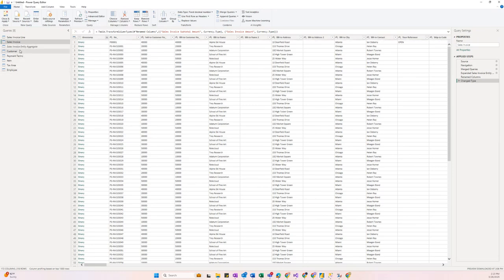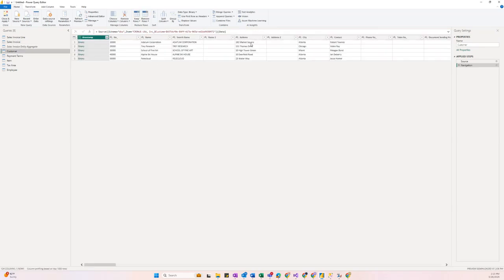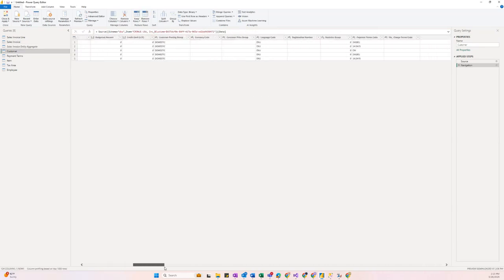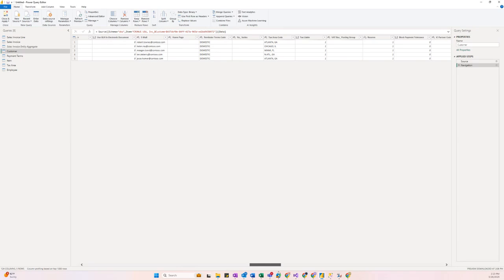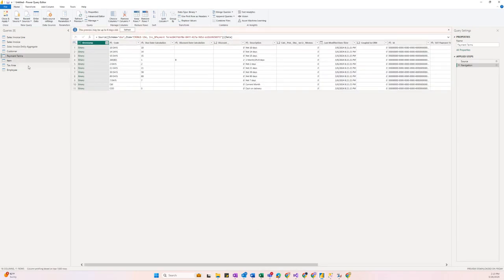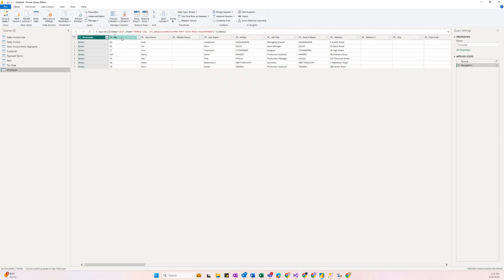So I'm going to then go to customer. I'm liking all the information I see here. Payment term codes is good. Nothing I really want to change here. It's just good information. So one thing under employee, if we go look at employee, we see that we have